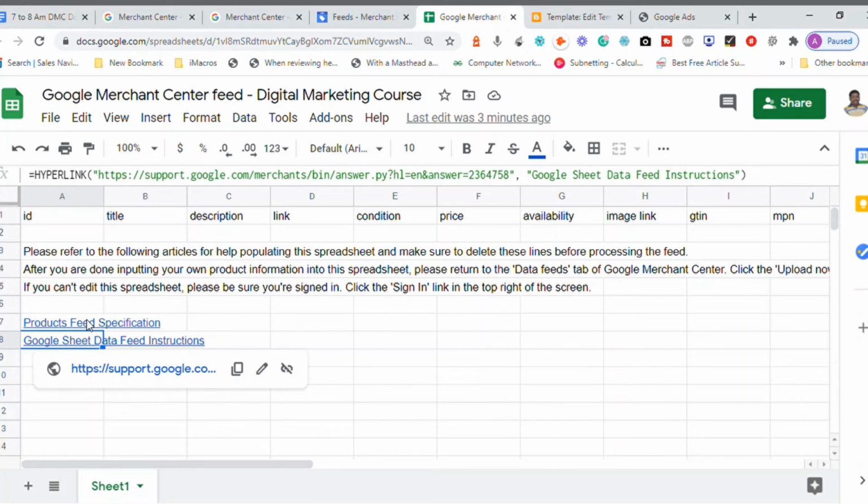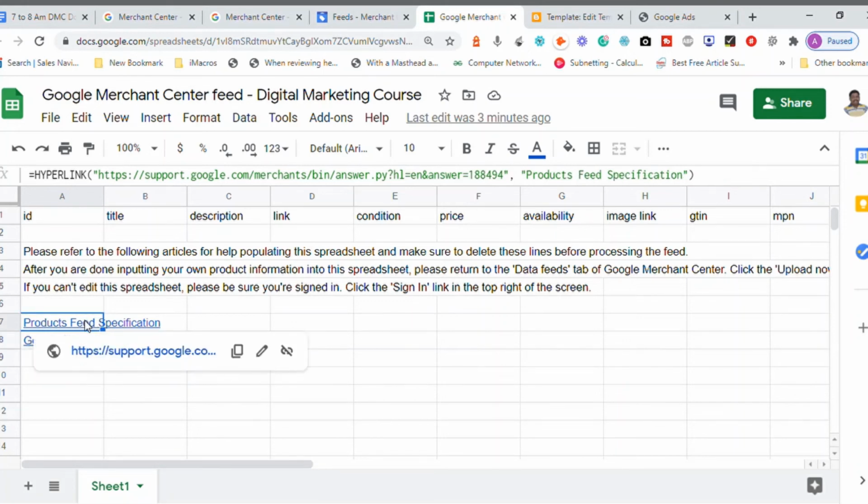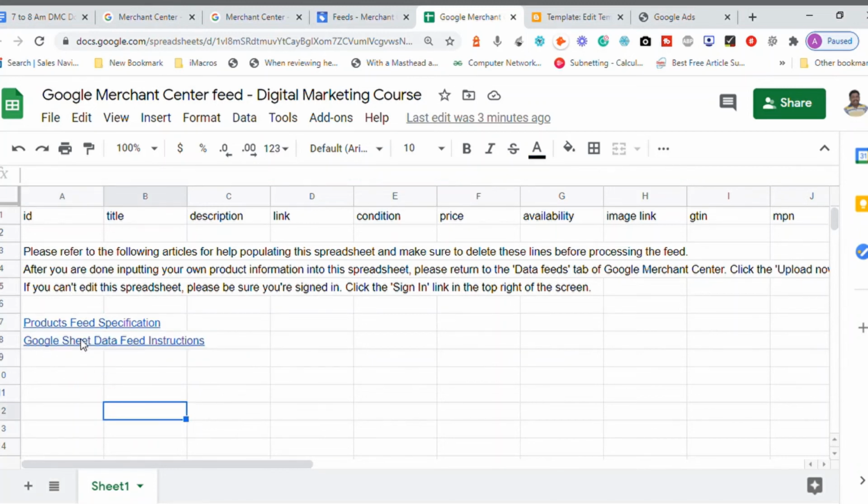So how do you feed your product information here? This is one opportunity: you can check out how to feed the product details, and another is the option to feed instructions. If you want, you can open it and see how to fill this in.